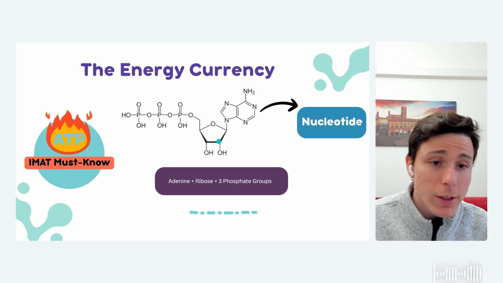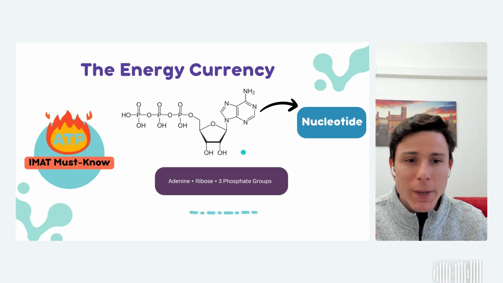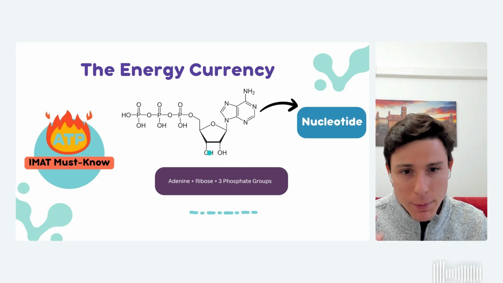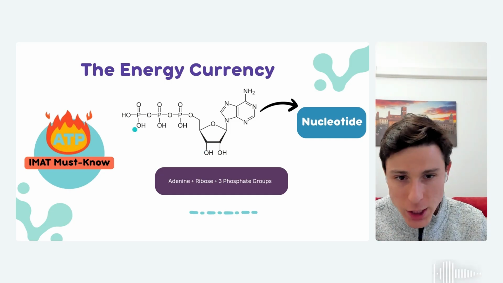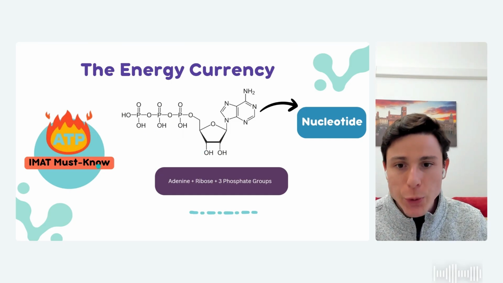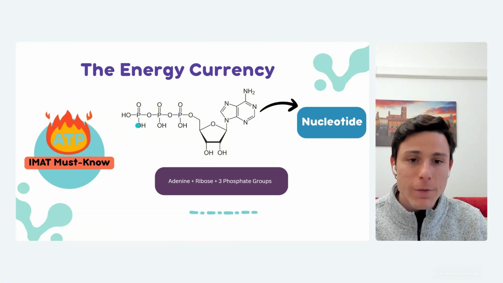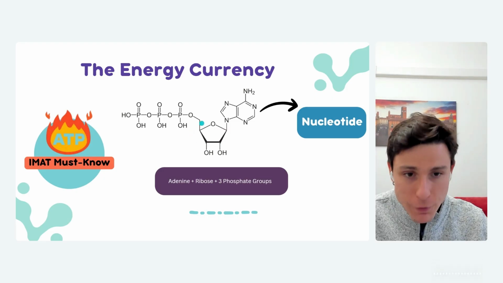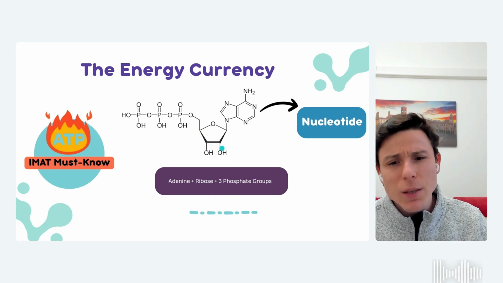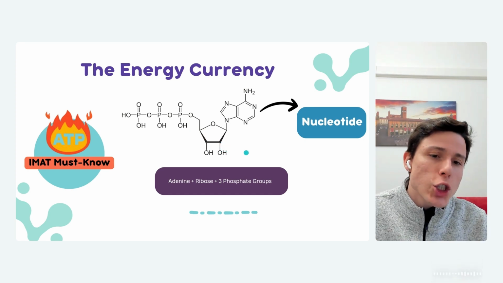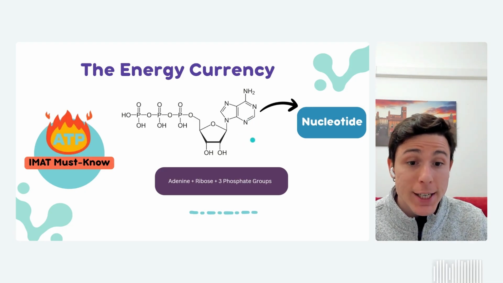So let's take a look at the molecule itself. This is something that really looks like an IMAT question, understanding the little bits that are part of the whole molecule. Something important to mention is that this molecule is highly energized. As you can see here, we have 3 molecules of phosphate. That's no surprise. The T here in ATP stands for tri, stands for 3. 3 what? Phosphates. Other than that, we have a sugar forming the base of this molecule that is going to be a ribose. This might be something important to remember, like what is the sugar that is part of the ATP molecule. And we have a nitrogen base here that is going to be an adenine.